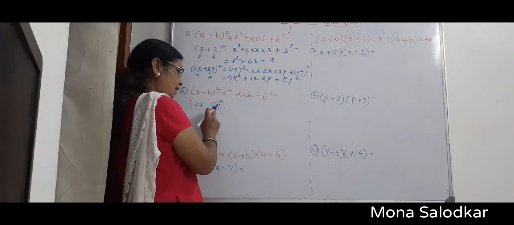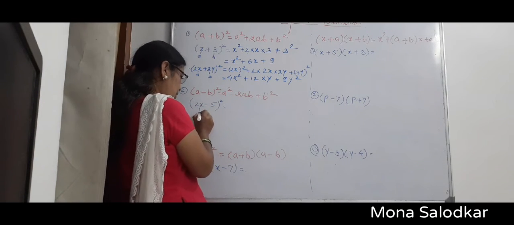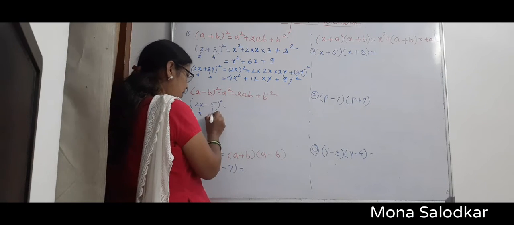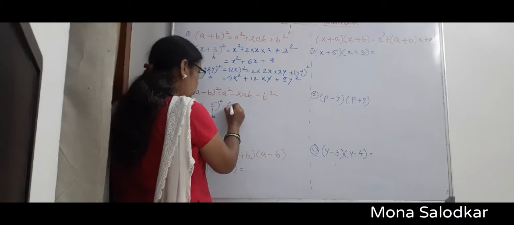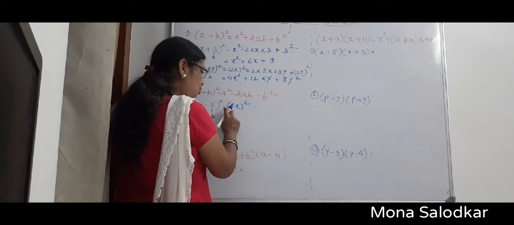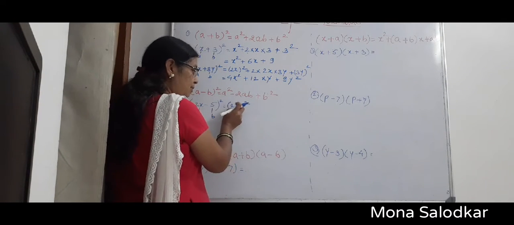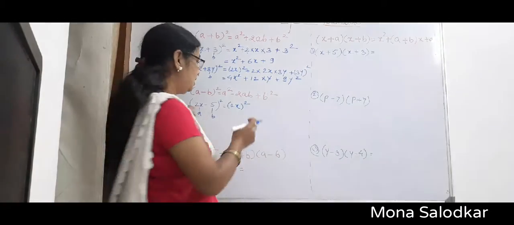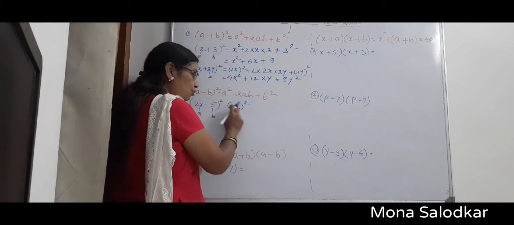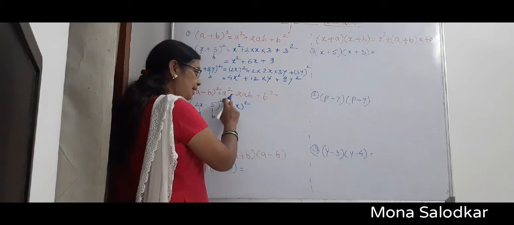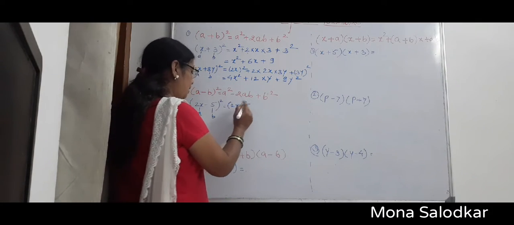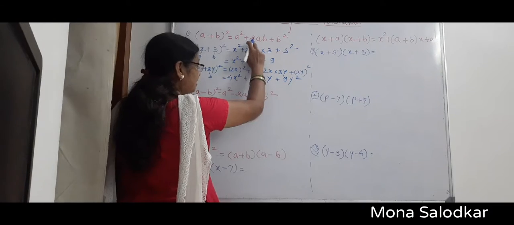Now here (2x minus 5) square, what is a here? 2x is a and what is b? 5 is b. Now what is the formula? a square. a square means (2x) square. Always you have to write down if the variables and numerical are both in it, it is the first term. Then you have to give it a bracket. Here give the brackets and then write down the square. (2x) square minus, what is the second step?